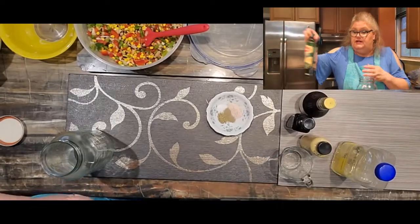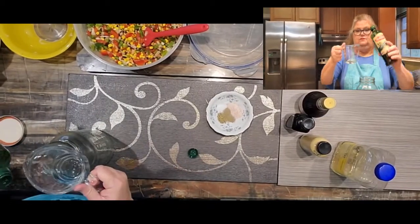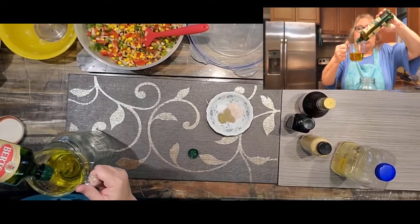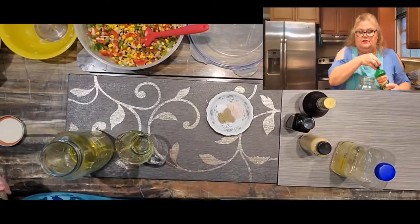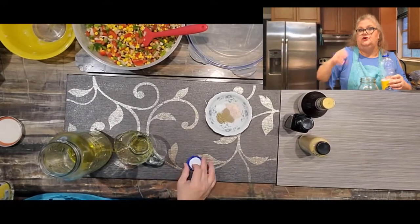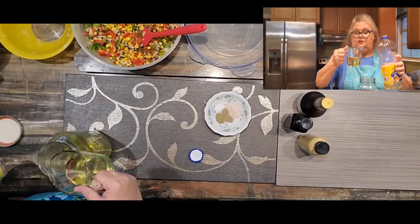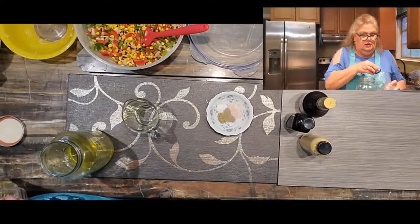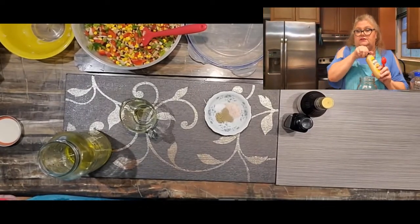So to make our dressing, you're going to need half a cup of olive oil, pour that in, and then you're going to need half a cup of vegetable oil. So it's a total 1 cup of oil. If you want to use all olive oil or all vegetable oil, go right ahead. Just make sure you have 1 cup in total. And then you're going to need a tablespoon of Dijon mustard,